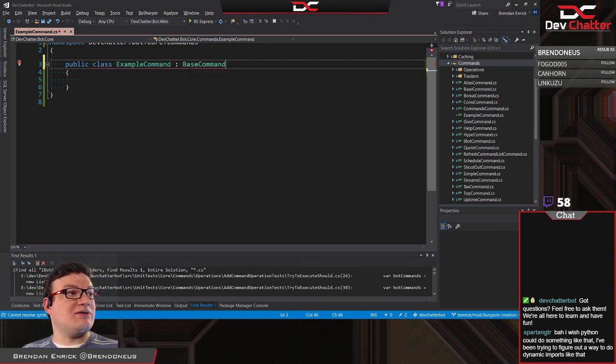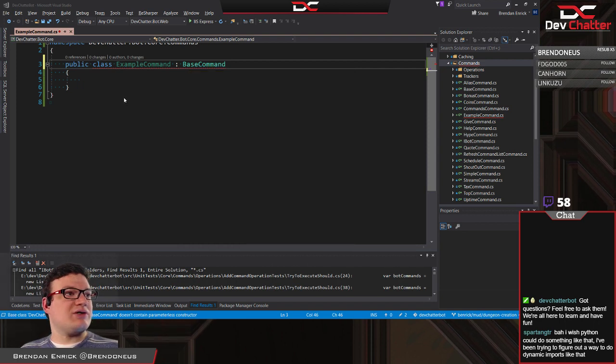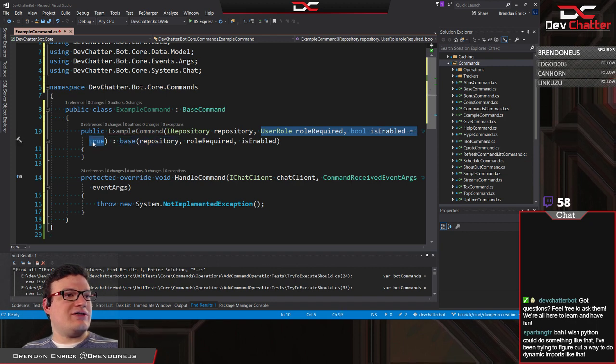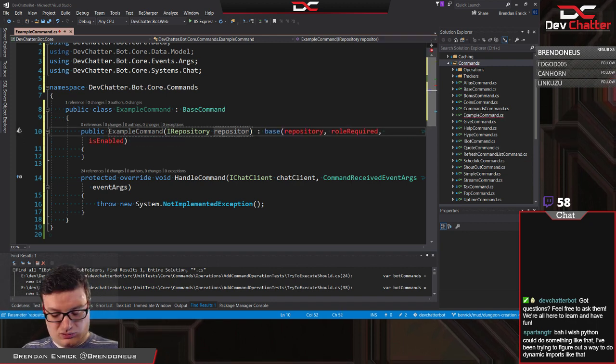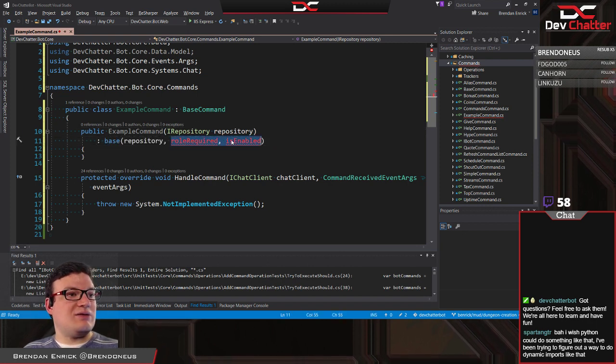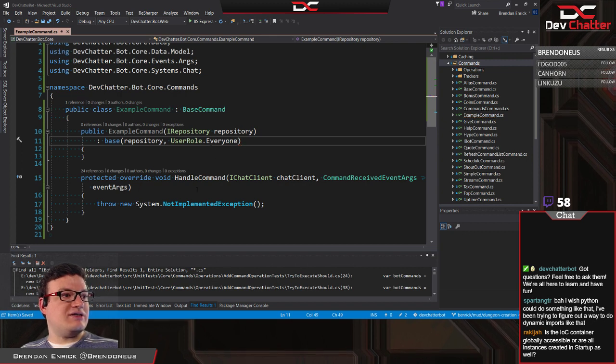So this is going to be a base command. Implement the missing members. We're going to create that. And we don't need those values. Repository. And then in my base, I am just going to say everyone, so anyone can call the example command.